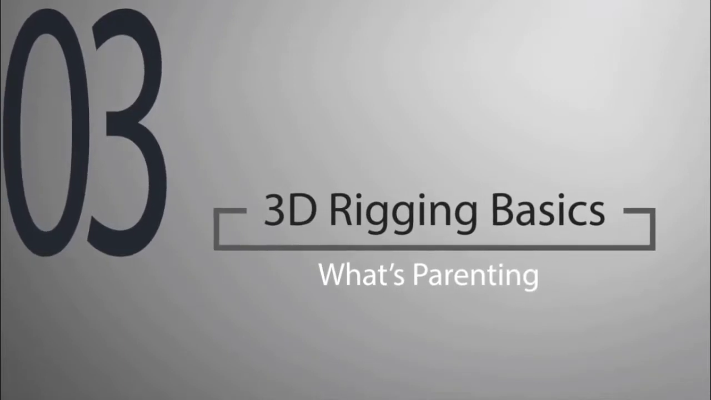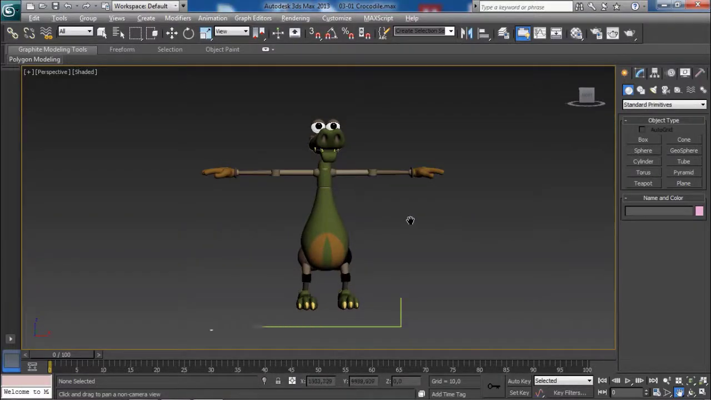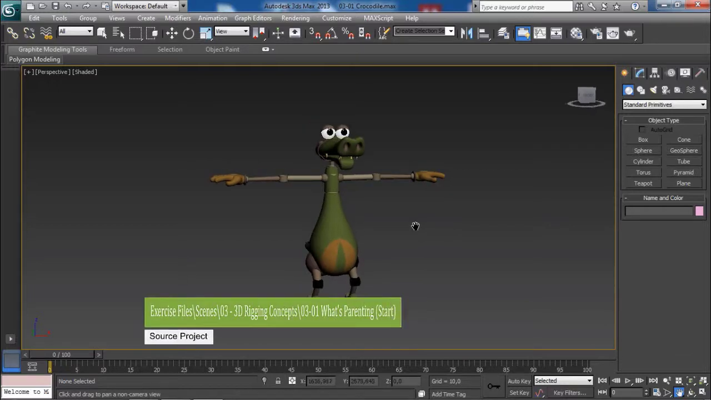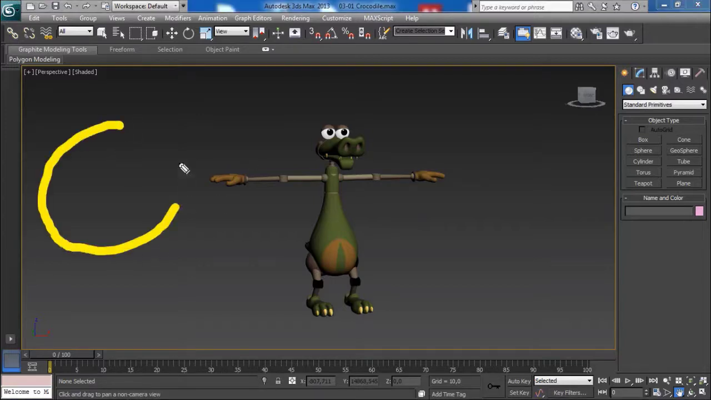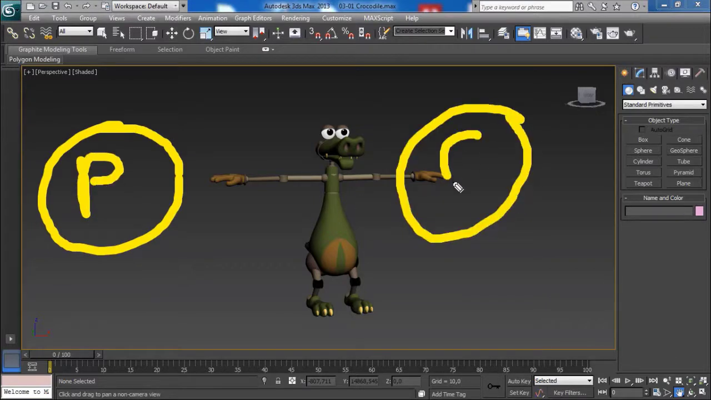Hello everyone and welcome. In this lesson we will learn about parenting. Alright, so basically what parenting means is simply to link or connect two or more objects together. Essentially what we are creating is a relationship between the objects in our scene, sort of a parent and child relationship. We have the parent, which is the master control, and we have the child object that follows the movement